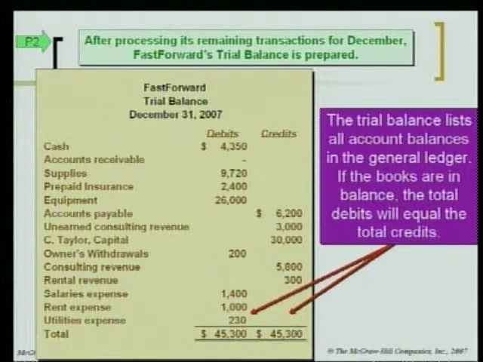Okay? So this is the trial balance that is prepared from looking at each one of those T accounts and the increases and decreases that are shown in it, and writing the ending balance as of December 31st into the trial balance. Also note, there's never going to be a plus or a minus sign on the trial balance. Those are all understood in regards to debits and credits.